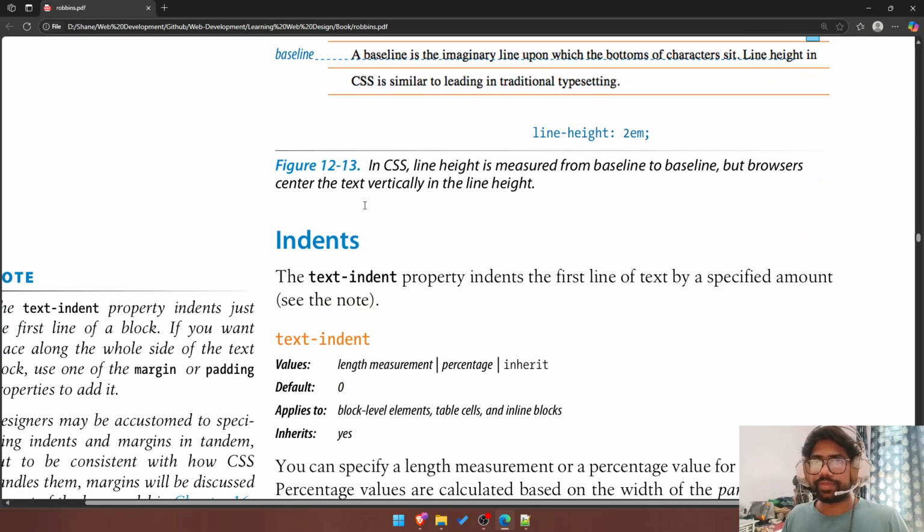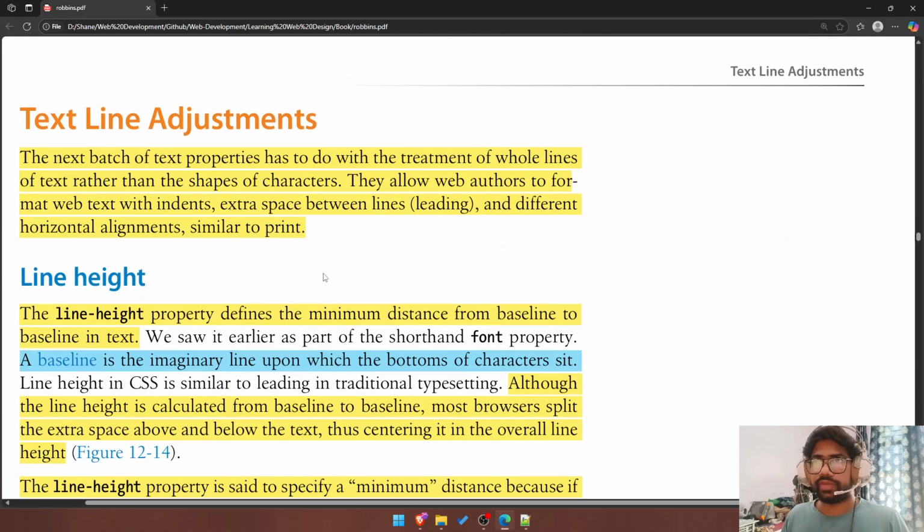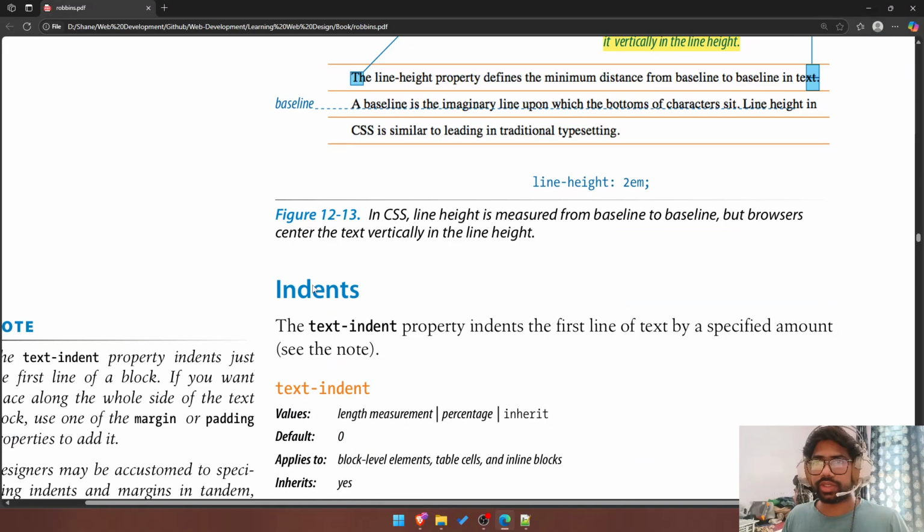Okay. Then we have, did I have any notes and all? No, no notes. So then we have,